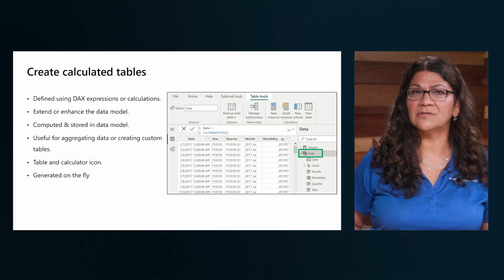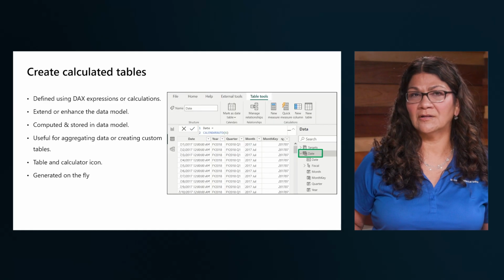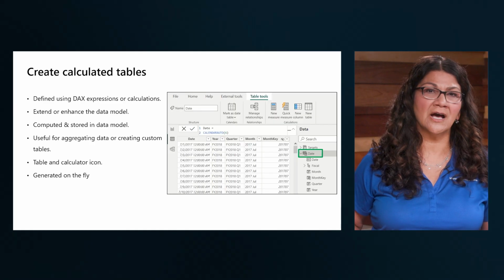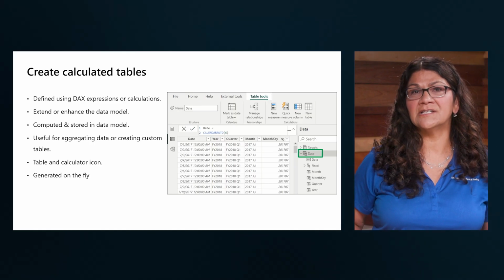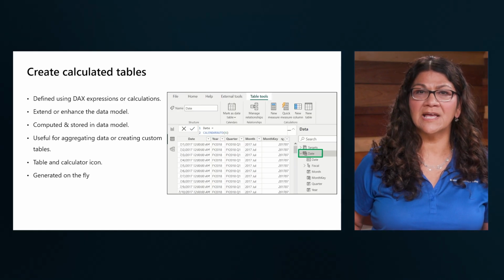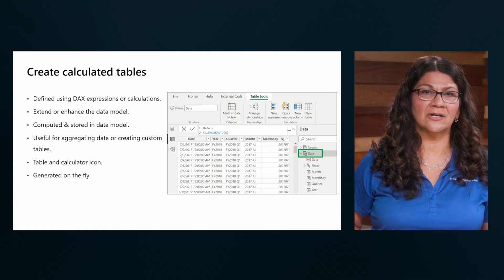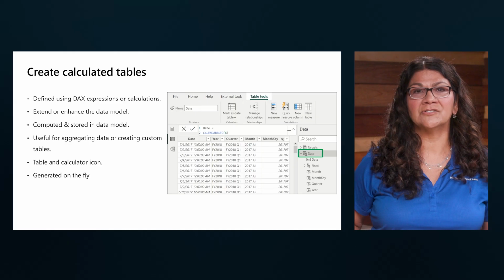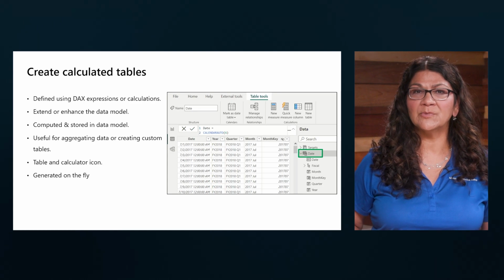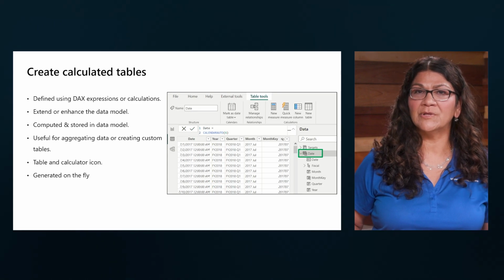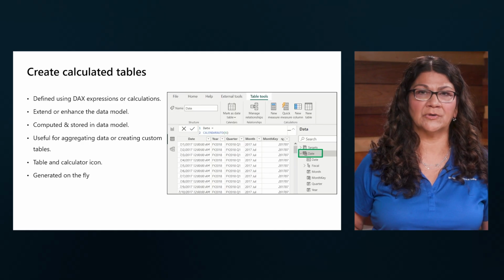Calculated tables can be used to extend or enhance the data model by incorporating additional columns or performing complex calculations. They are useful in scenarios where you need to generate new tables based on existing data or perform calculations that are not easy to achieve with regular measures. By leveraging calculated tables, you can provide more flexibility and analytical capabilities to your reports and dashboards.